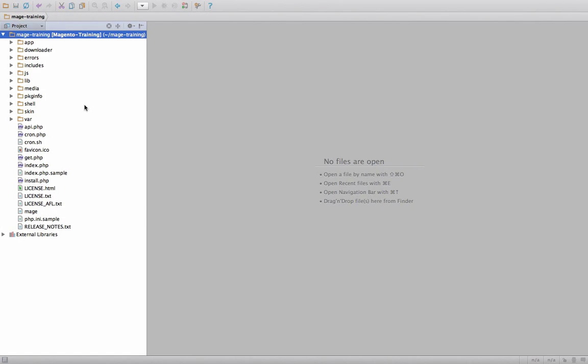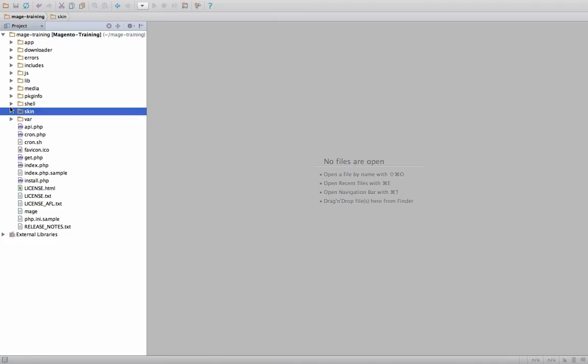Now I've got this Magento installation loaded up in a program called PHPStorm. It's available for both Mac and Windows. It's a very good program. It has an additional plugin called Magento, which we'll talk about in further lessons when we come to more of the coding part. In this case, we're looking for the CSS file, so we're going to go here